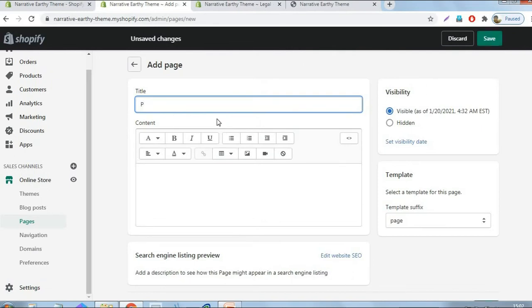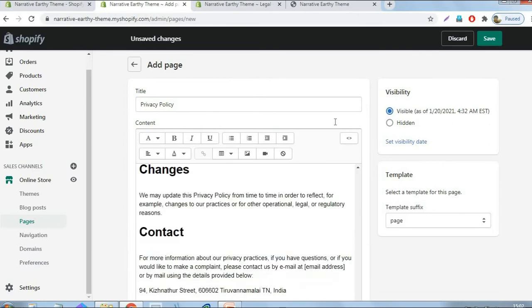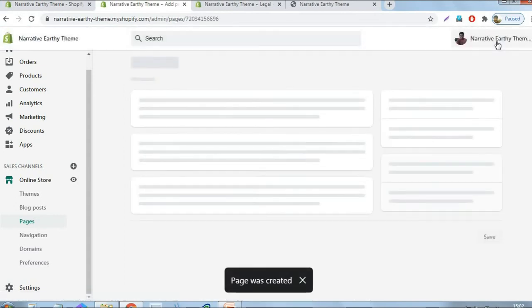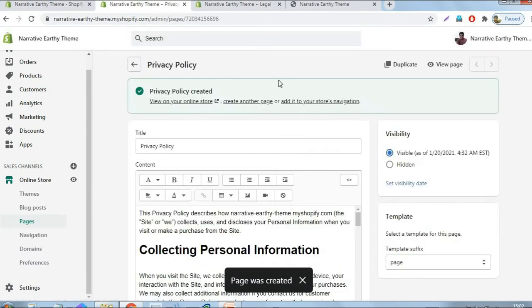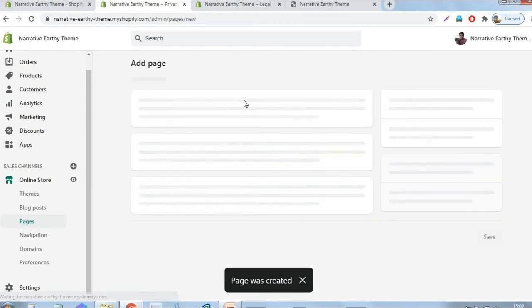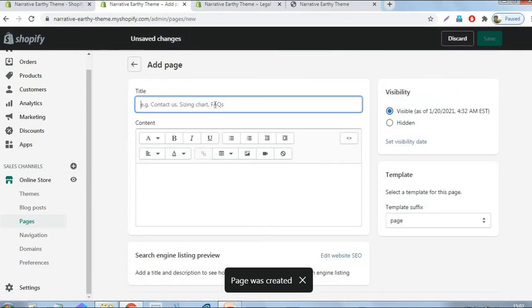Type the name, privacy policy, and paste the content. Then click the save button. Then create another page.